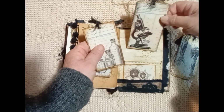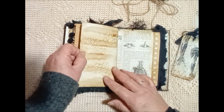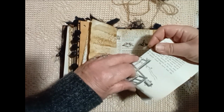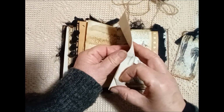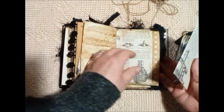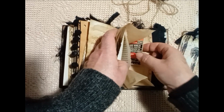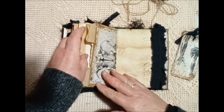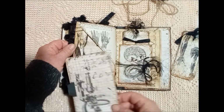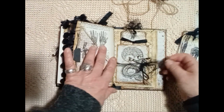a little pocket at the back there, just pops into there, and again some vintage lace, and then in here some more book page. A little journaling tag, a little advert there. Then here made a corner pocket, a large journaling tag. And then here,